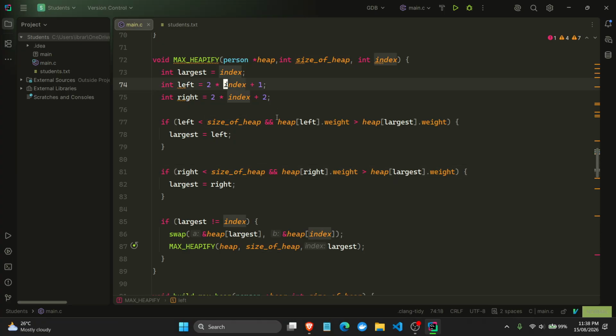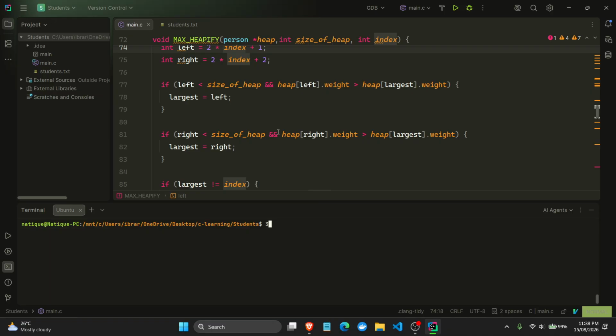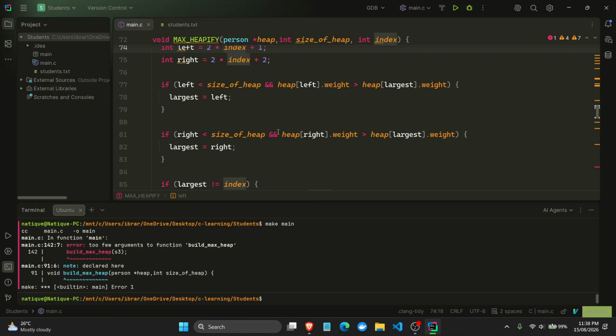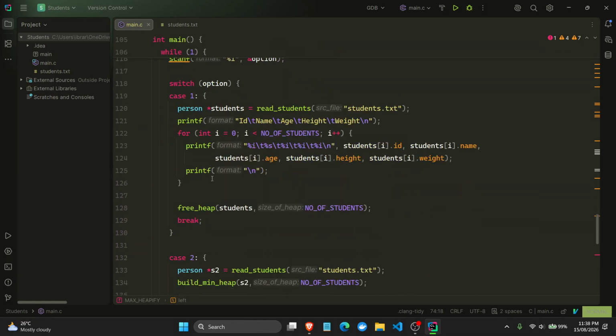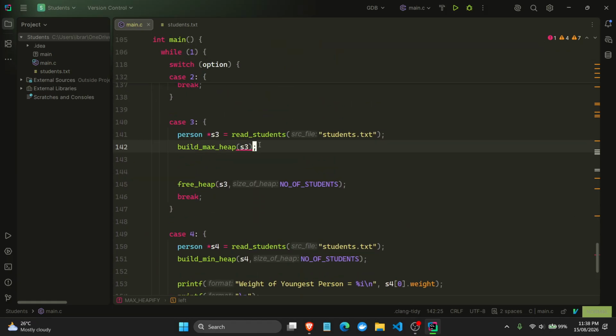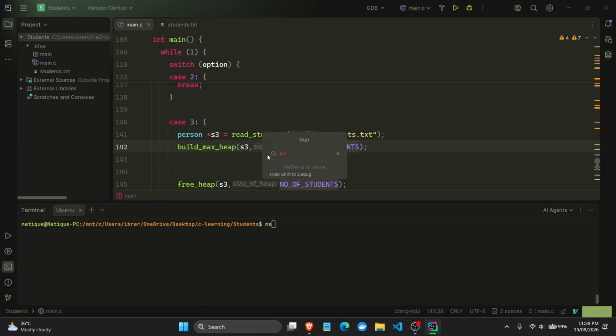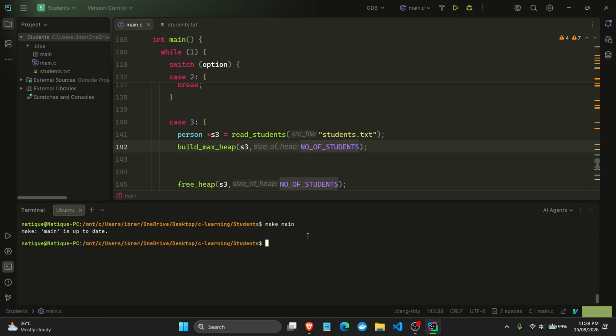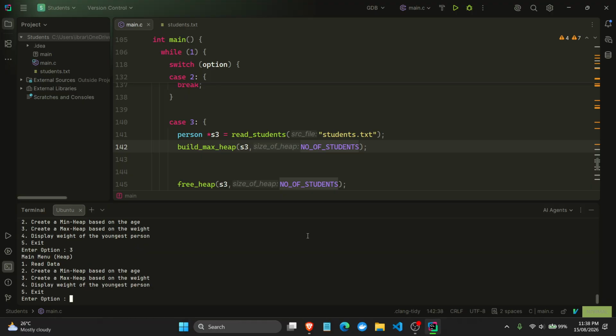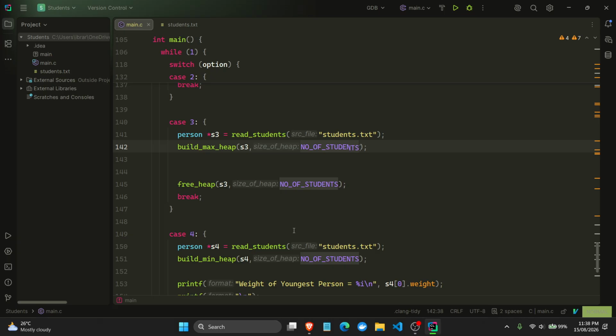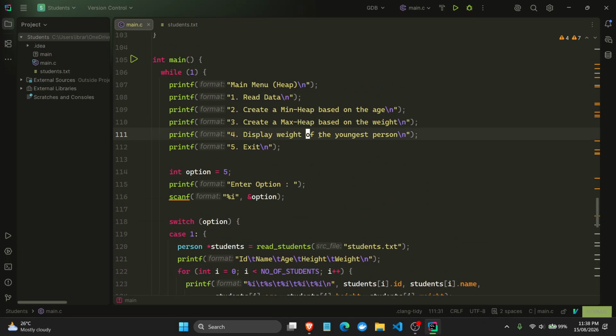Okay, fine, so I'm hoping this works. 140, yes my bad, number of students was also being implemented. So okay, fine. Make, main, 1 2 3 4 5. Okay, with that out of the way,